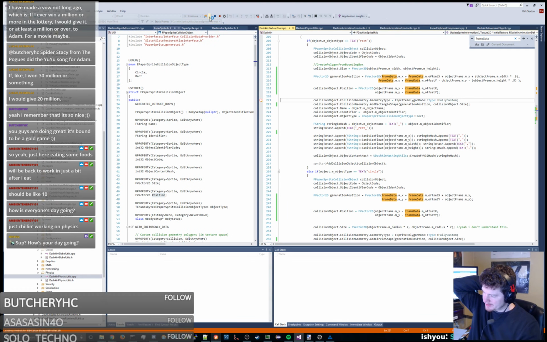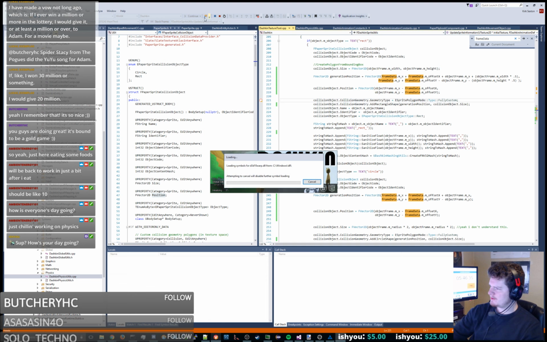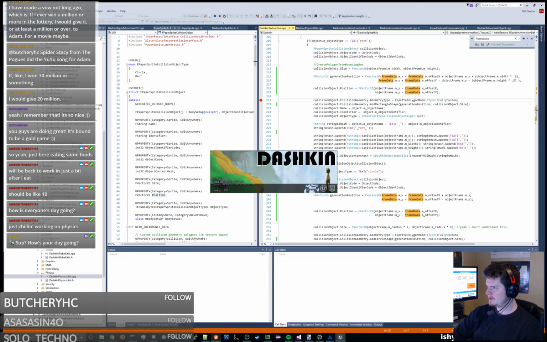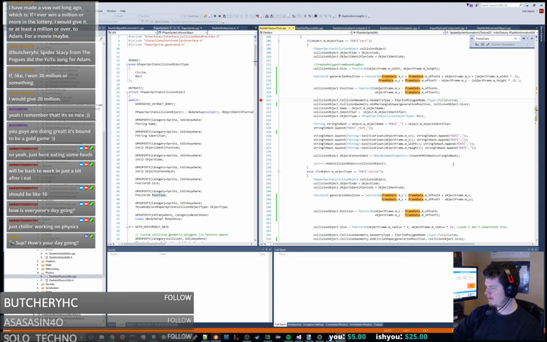So let's take a look. We'll see. I still think there's an issue here with this hash for the content hash. We should be taking into account something else. Pretty sure. The object frame X, I think it's more of the